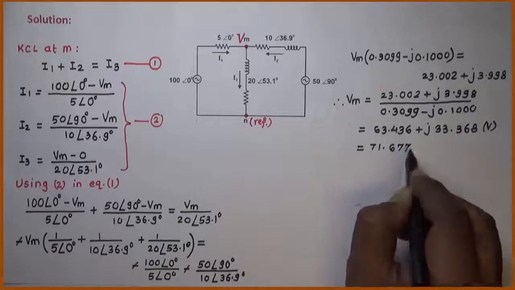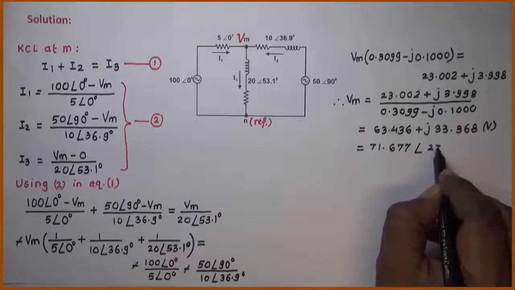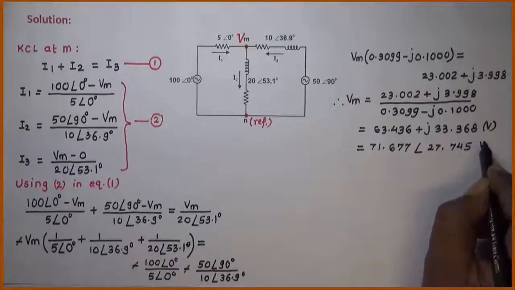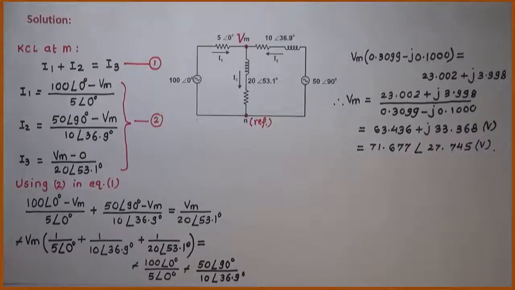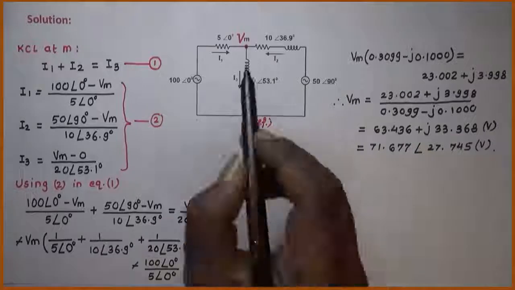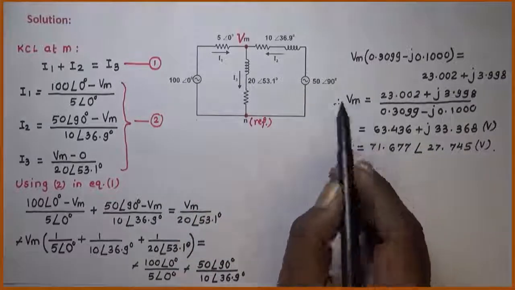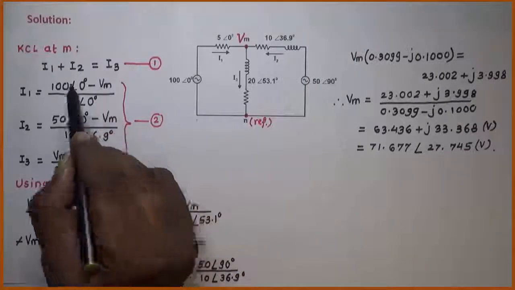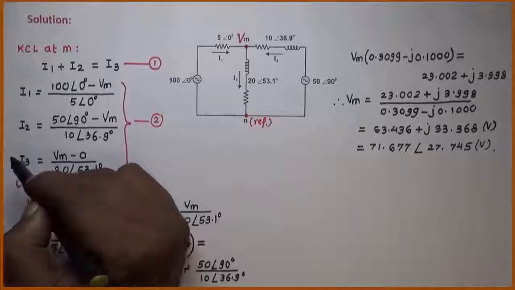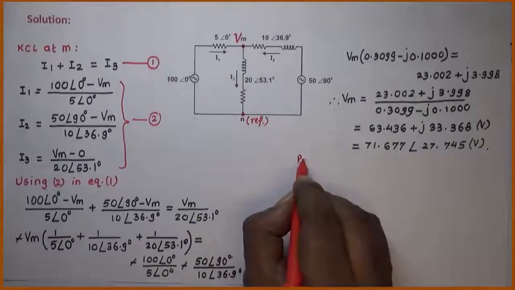71.677∠27.745. So, we have got the value of Vm, which is asked here. It is also asked to find I1, I2 and I3. Once we have Vm, then Vm can be substituted here to give the value of I1, I2 or I3. So, putting this value of Vm in equation 2,